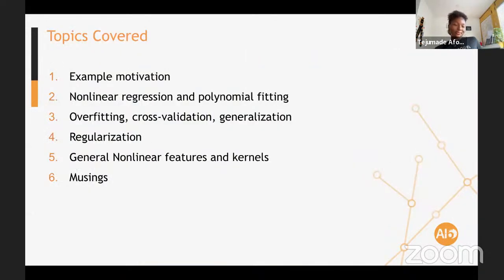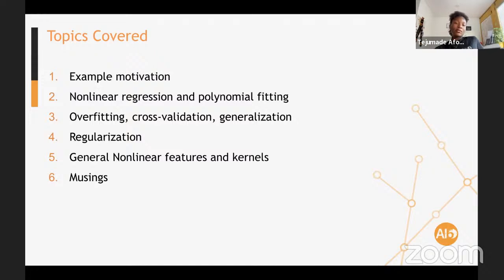Now that you know me, we can move into today's topic, and roughly we will cover all of these items. We'll start with some example motivation for nonlinear problems. We start with linear problems, then we slowly move over to nonlinear.